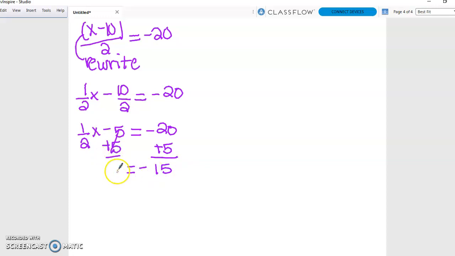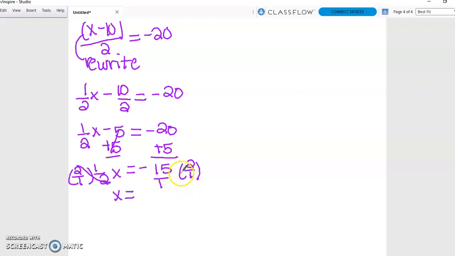So now we're going to bring down what we have left on this side of the equal sign. And now we're going to do what we've been doing, and let's multiply by the reciprocal. Our reciprocal here is 2 over 1. Remember that we have to multiply both sides by the reciprocal. All right, so these cancel, and now all we have left is x equals,